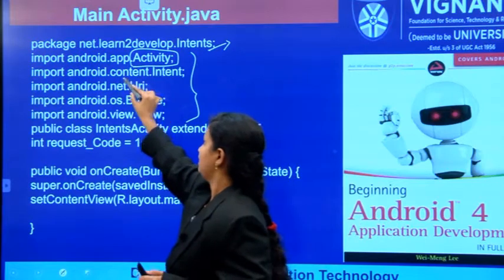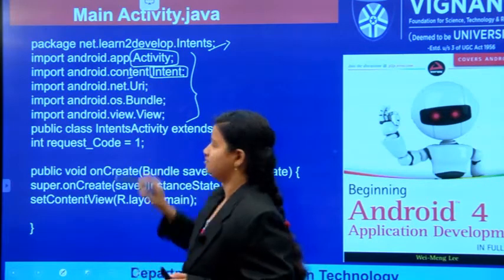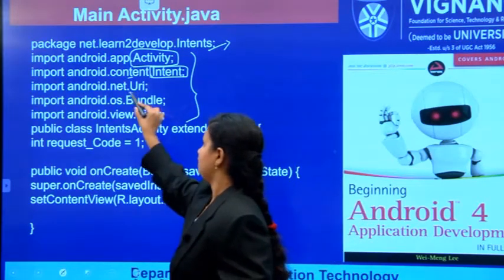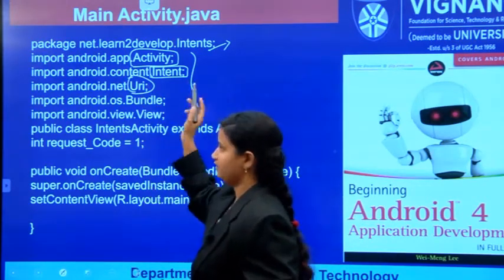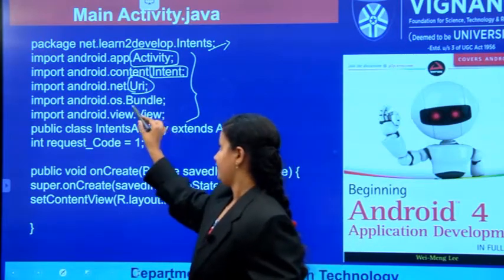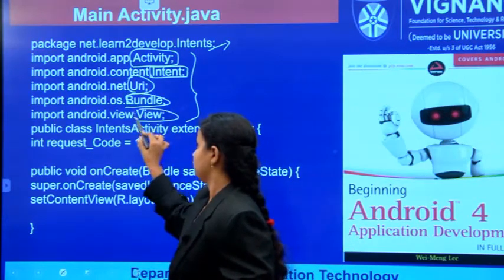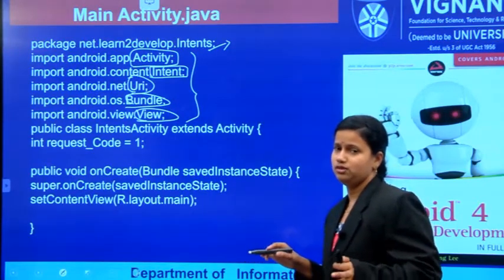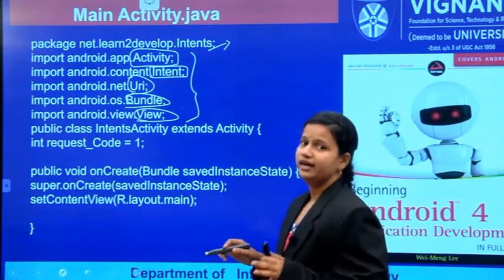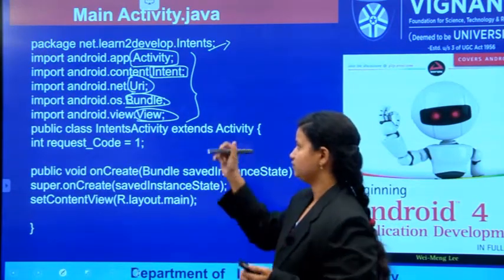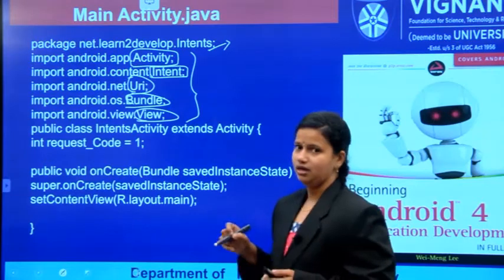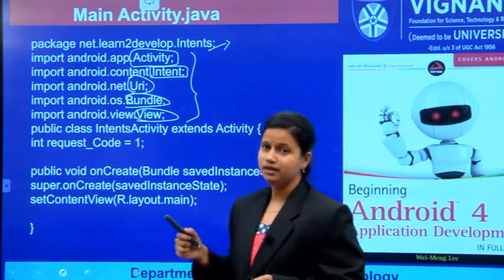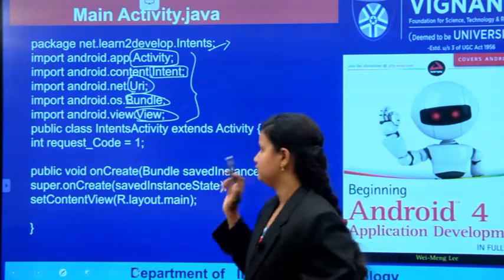And next one is intents. We are using intents to navigate from one application to another application. And we are also passing a URI address in the activity intent object. And bundle view, that means whatever the view components are to be presented, we have to use views like text view, button view and edit text. So whenever you are pressing a button, that means you are using one of the views. That's why we also have to import the views.